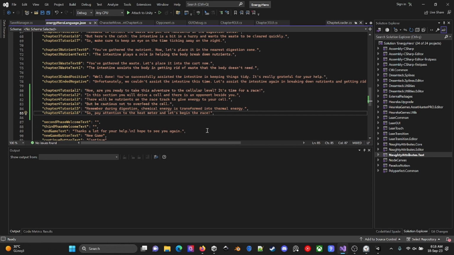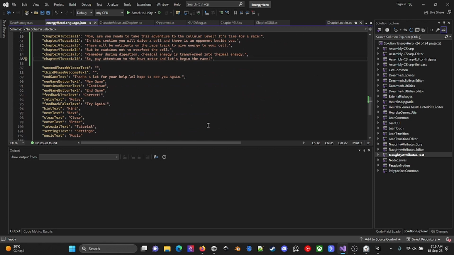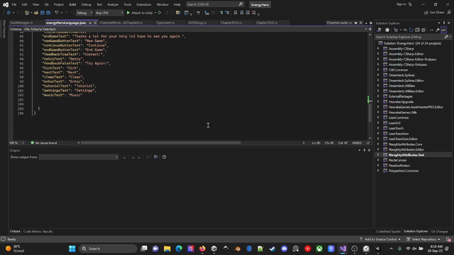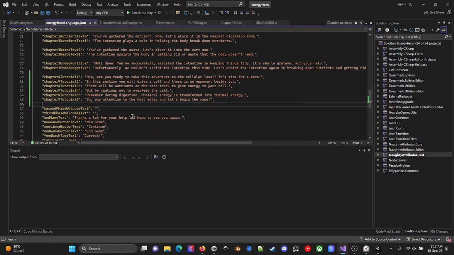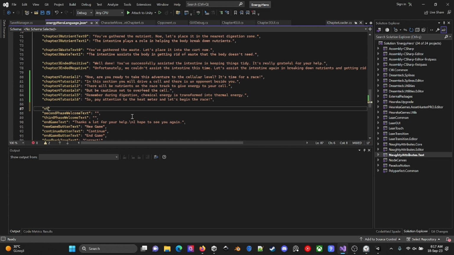How about changing the name of the text in here, not like next, but as a start race button, or maybe just a start text. Let's try it like here, start text.